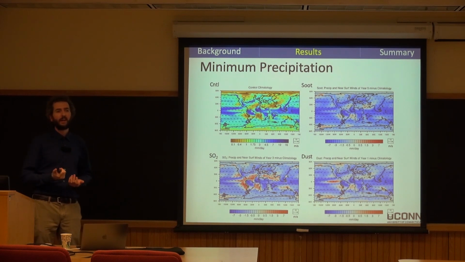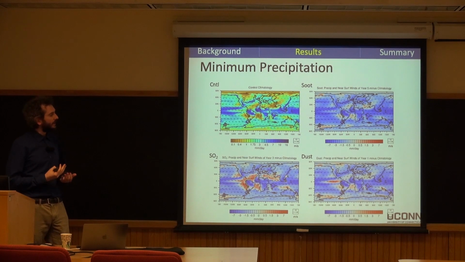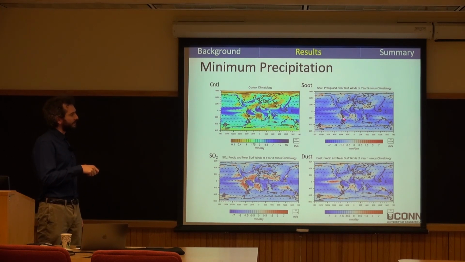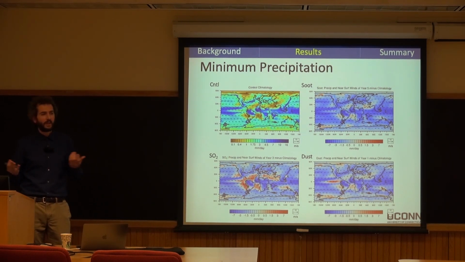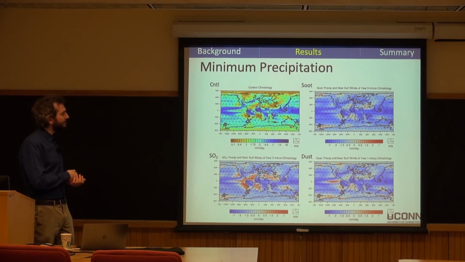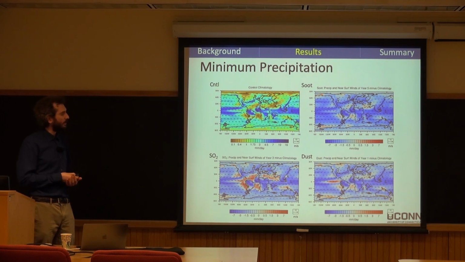If we look at the responses we get due to these different emissions, we pretty much collapse all the typical circulation patterns that you would expect. And so these are difference plots with the wind and the precipitation responses in the year of maximum precipitation reduction. And you can see you no longer really have a strong Walker circulation. Since these are difference plots, it's not that the winds are actually strongly going from west to east along the equator. They've pretty much just weakened to almost zero. And so you don't have these strong gradients anymore. Your baroclinicity is extremely low. No mid-latitude storm tracks. Not much convection overall.